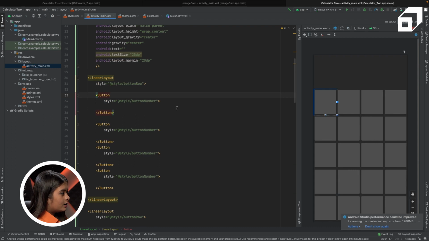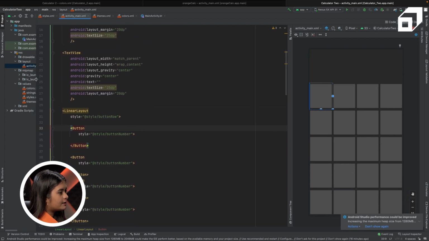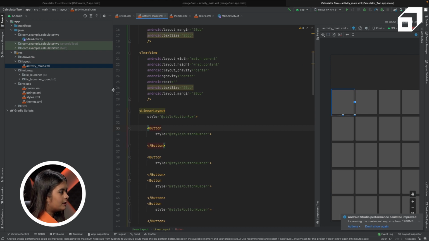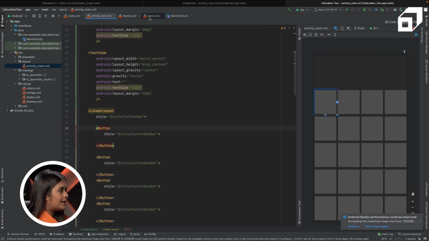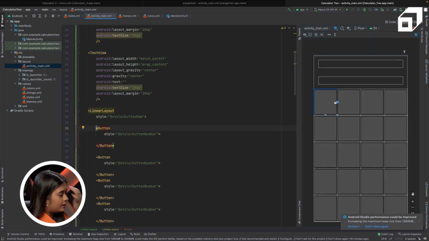Okay, you can see we have created the designs, but based on the layout, we will change our common style.xml here. Let's try making the